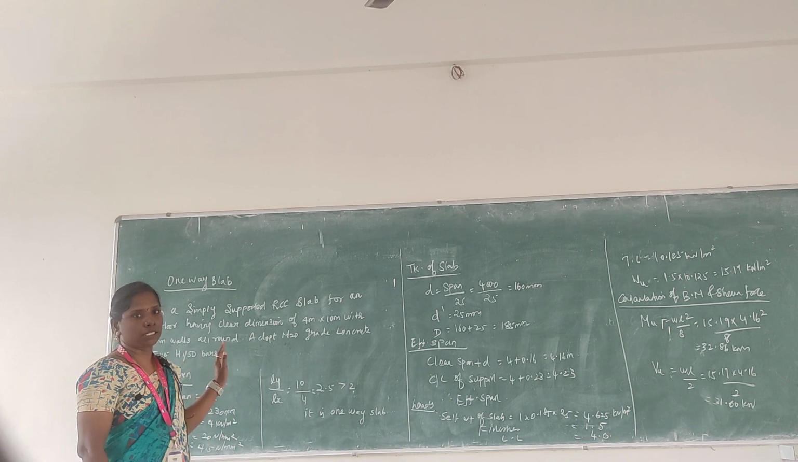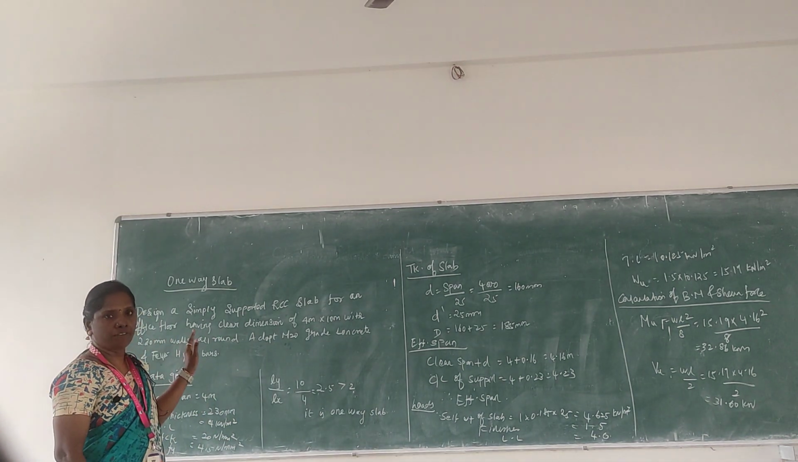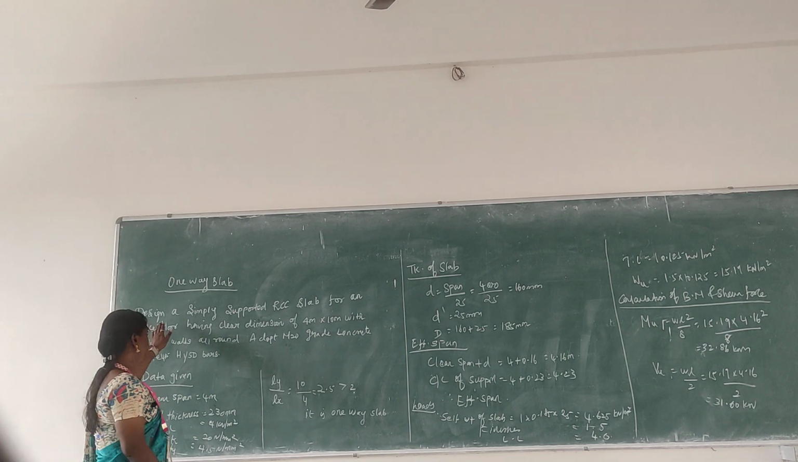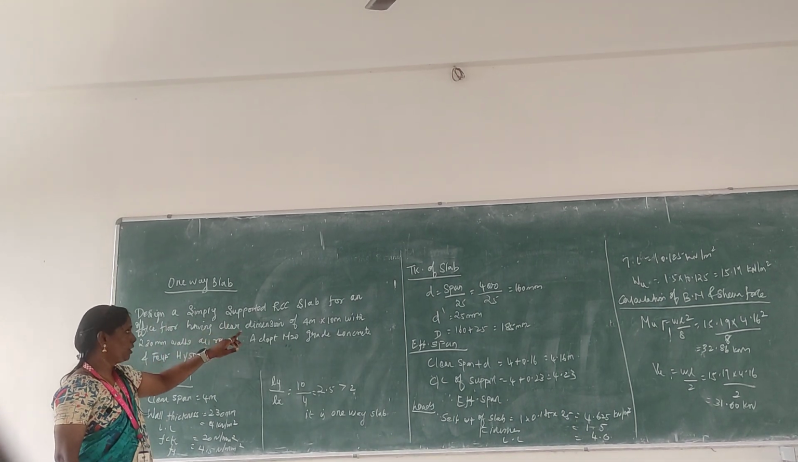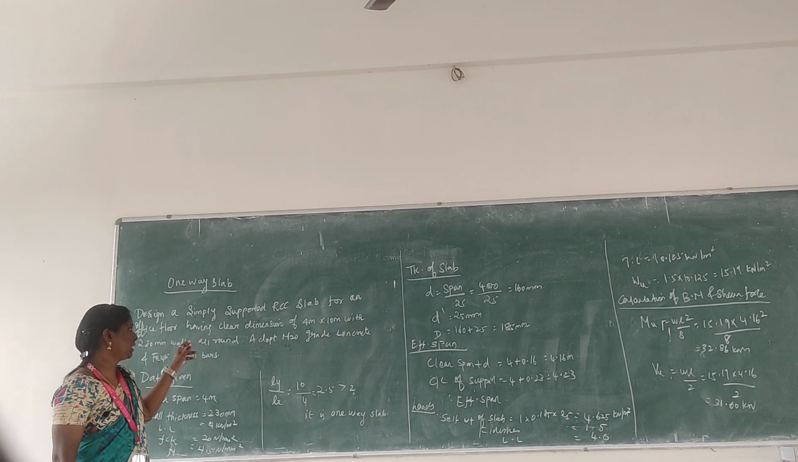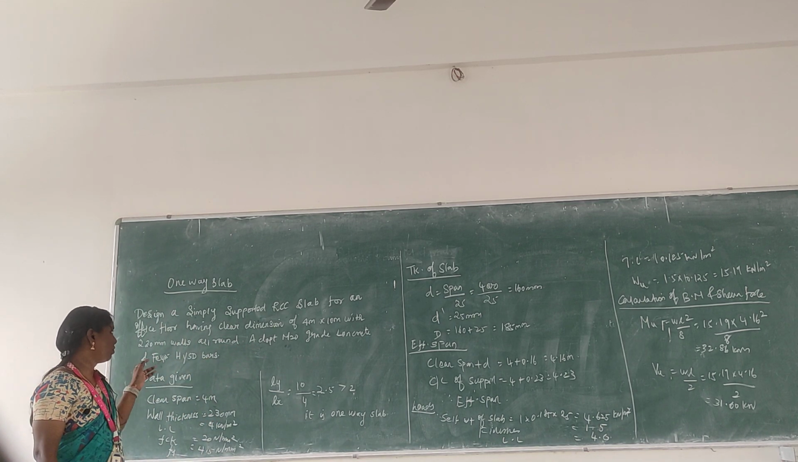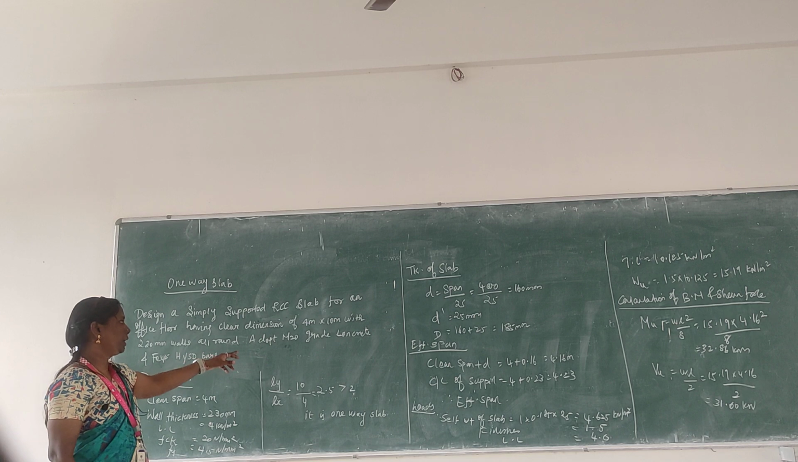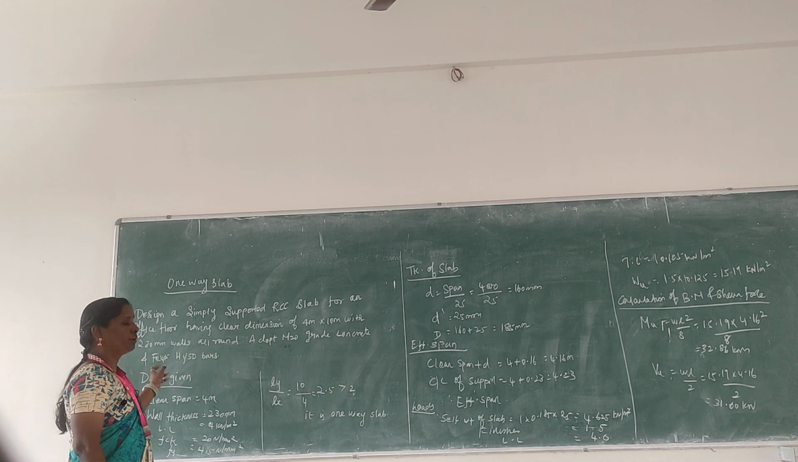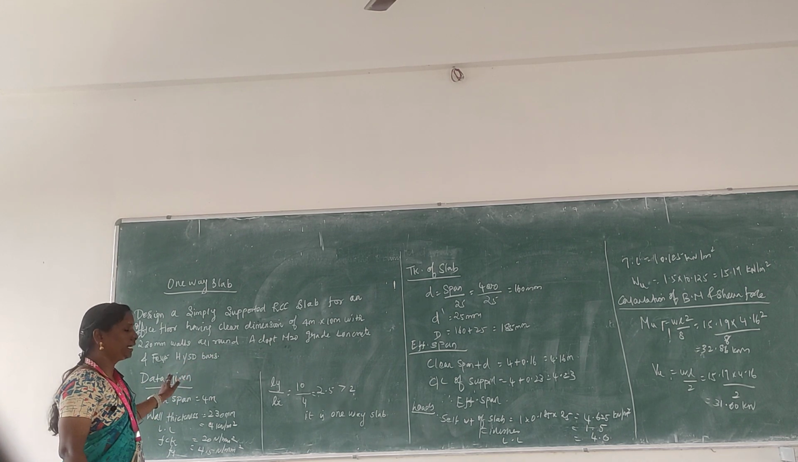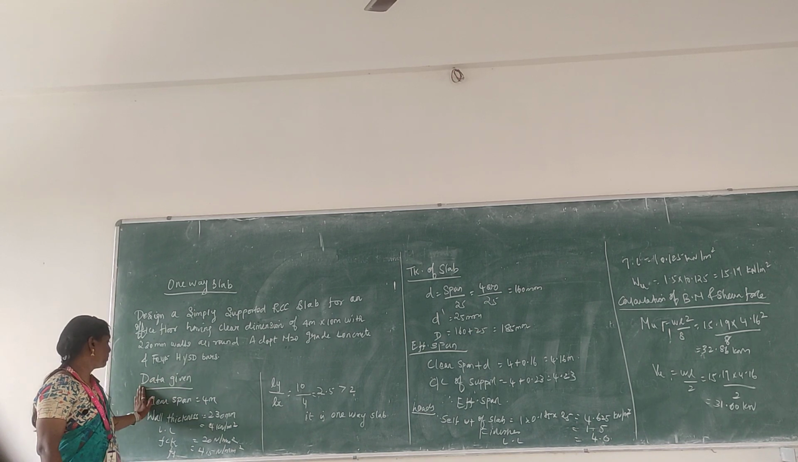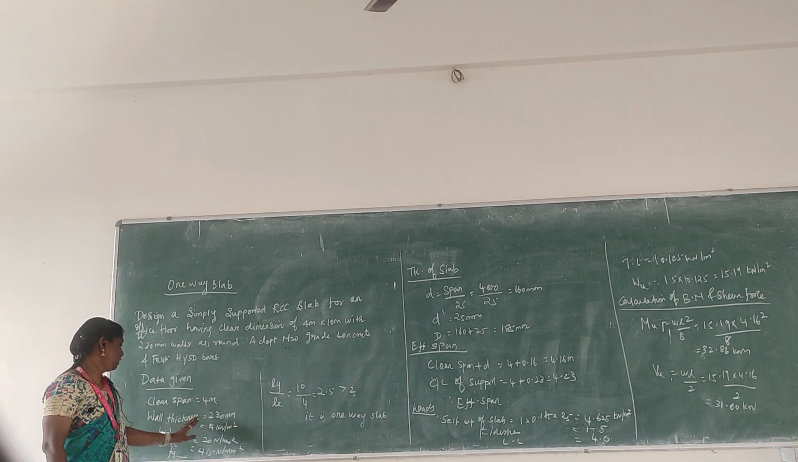Now, we are going to see a problem on one-way slab. I am taking a simply supported RCC slab for an office floor having a clear dimension of 4 meter by 10 meter with 230 mm wall all around, adopt M20 grade and Fe415 HYSD bars. The data given in the problem is: clear span is 4 meter, the wall thickness is 230 mm,